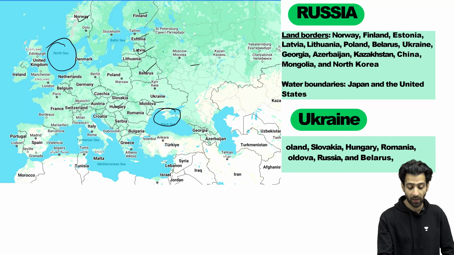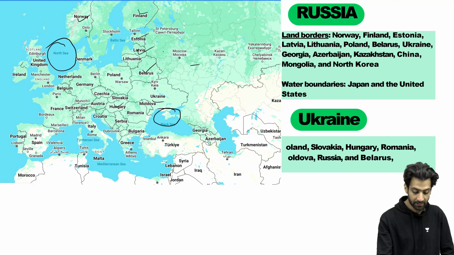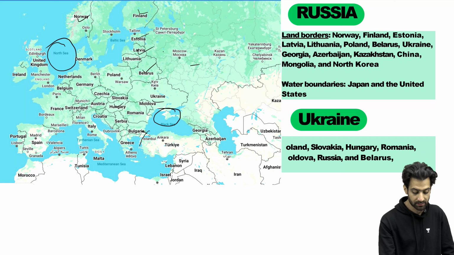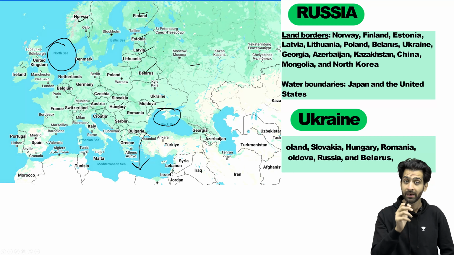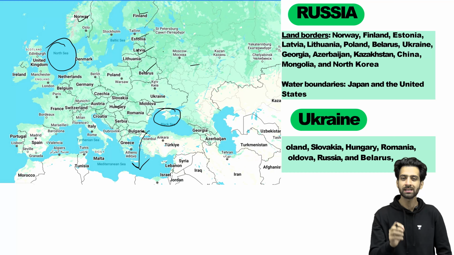Again, you can see why, because of the access to warm waters. You might think that it's closed from here, but the Strait of Bosphorus is present here, which gives access from the Black Sea to the Mediterranean Sea and eventually into the Atlantic. So these are some of the geographical aspects of the issue.